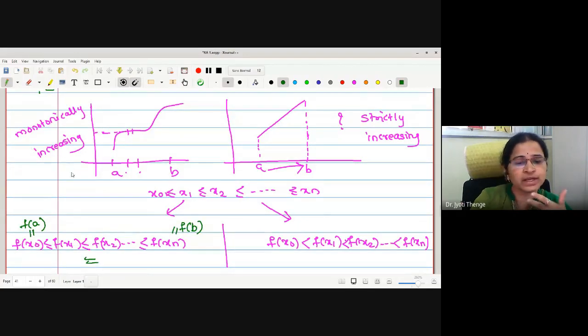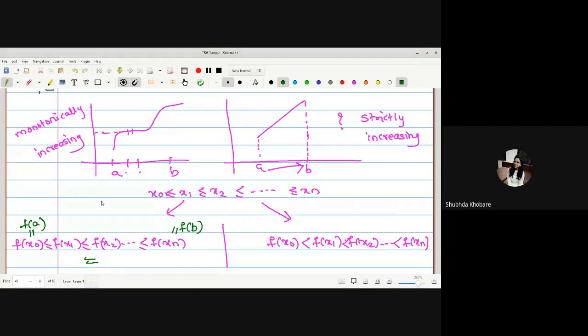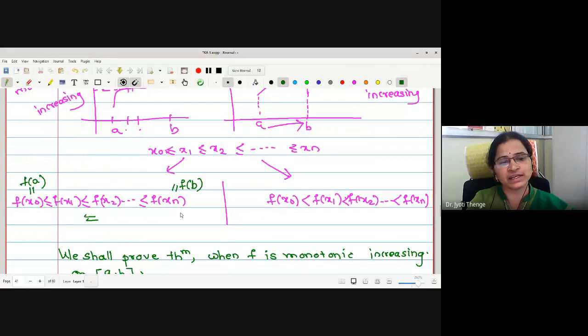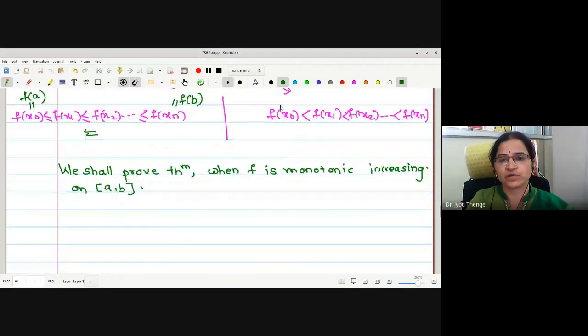What about a monotonically decreasing function? What will be the upper bound? Is it f of a? What about the lower bound? F of b. Good. For here, already the monotonically increasing statement gives that the function is bounded. Therefore, nothing to prove actually. We can write simply as monotonically increasing on a closed interval, hence it is bounded.